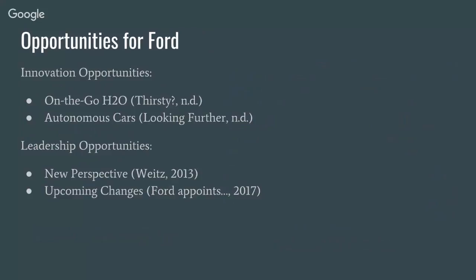Autonomous cars. Ford is partnering with different technology companies trying to ensure that Ford can have an autonomous self-driving car by 2021. The vehicle will operate without a gas pedal, brake pedal, or steering wheel. If Ford can mass produce this self-driving vehicle, then they will have achieved the highest level of automation by any car manufacturer. Jim Hackett, as the new CEO, can potentially be a fresh start for Ford.